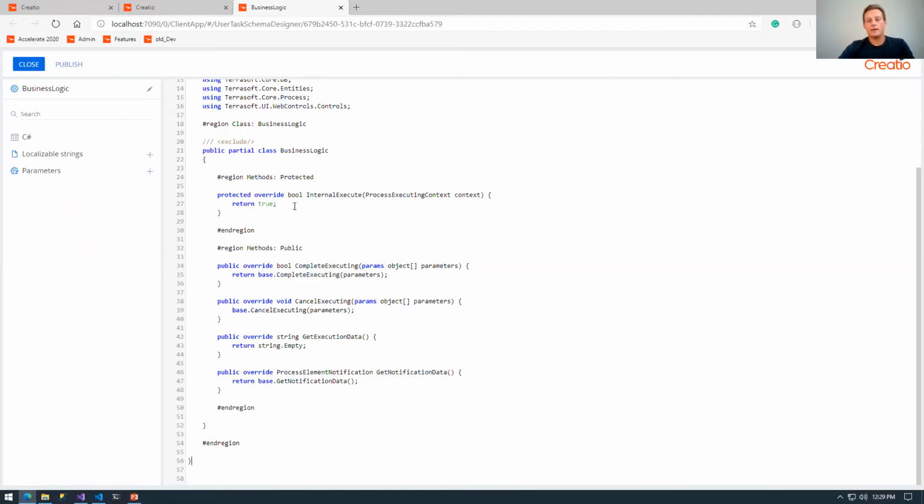And even then, it's questionable at best. Okay, so what we want to do is essentially tap into what's happening inside this method. There is a method called internal execute, and this method will be called when we start our user task. Inside this internal execute, you've got